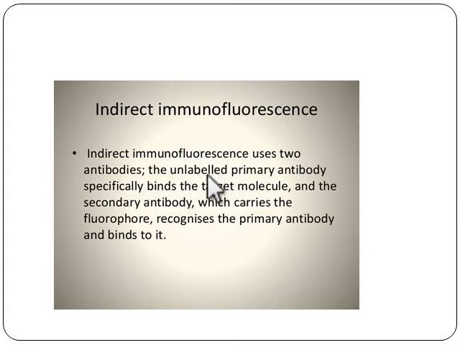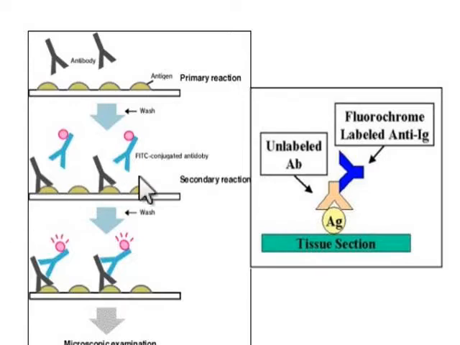One is the unlabeled antibody and another one is the fluorochrome labeled secondary antibody. First one is the primary antibody and the second one is the secondary antibody that is labeled with the fluorochrome. And these two antibodies are used in indirect immunofluorescence technique. And what happens in indirect fluorescence technique? First these are the antigens, that means these are the tissue sections, and to these sections the primary antibodies